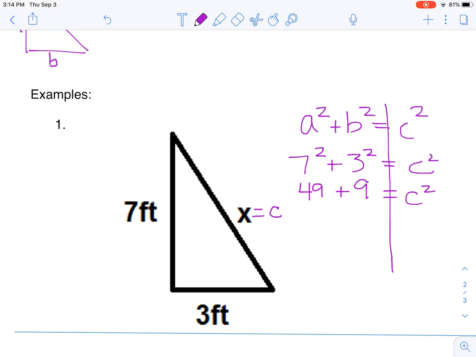I like to draw that line down the equal sign when I'm solving equations so that I can know one side versus the other side. And so I'm going to add those together because they're on the same side of the equal sign. And the last thing that you always have to do in the Pythagorean theorem is take the square root of both sides. When you take the square root, you're going to have to do that on the calculator. On my calculator, I have to press second and then the square root key. I put in my number and then I hit equals. And I get